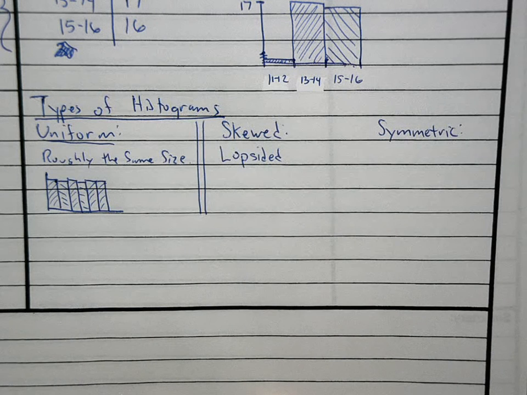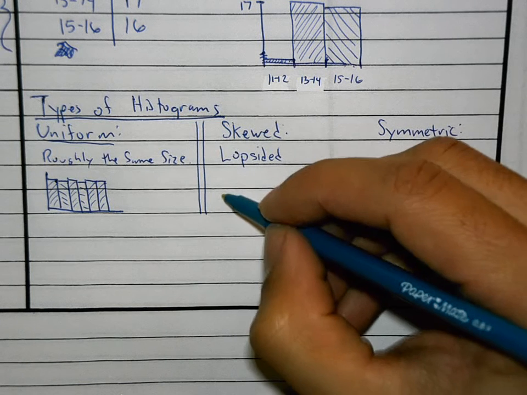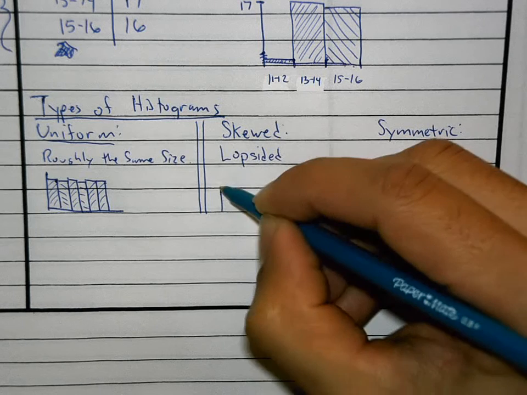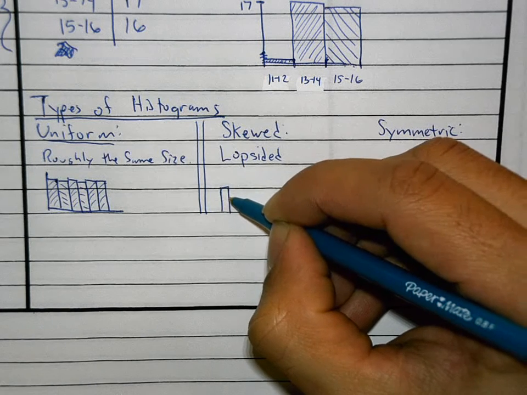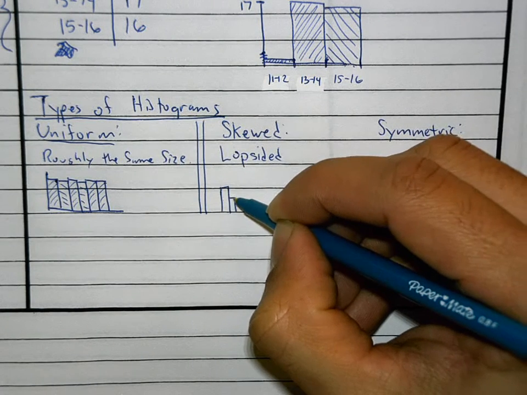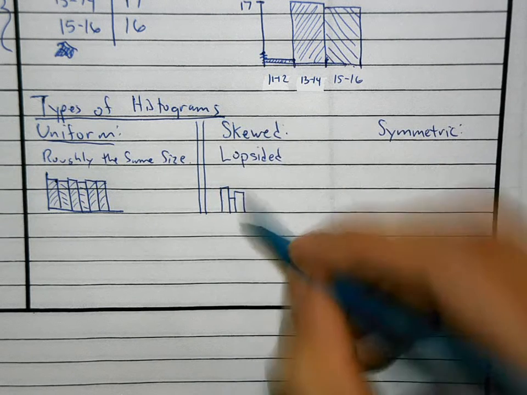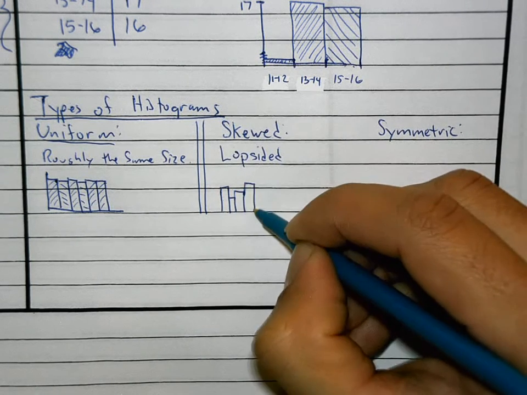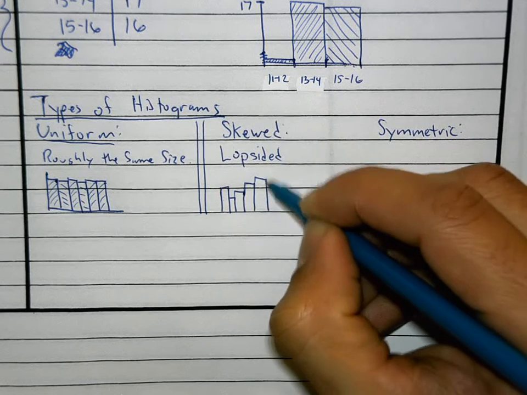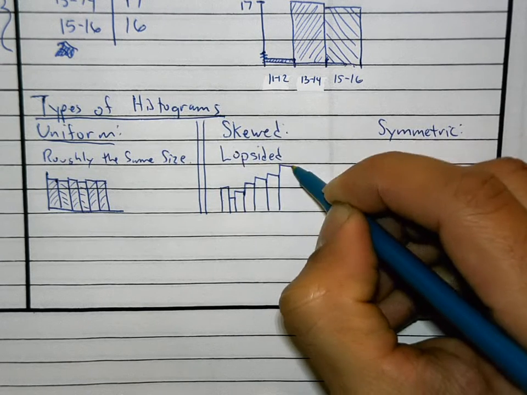What I like is I like to have a skewed histogram in this class. Let me show you what I mean. For me, I like to have graphs that look like this. Very, very few F's and D's, and what I like to have are lots of B's, and lots of A's